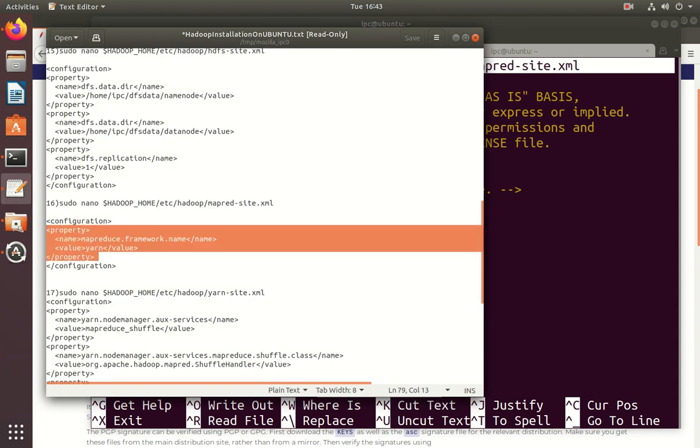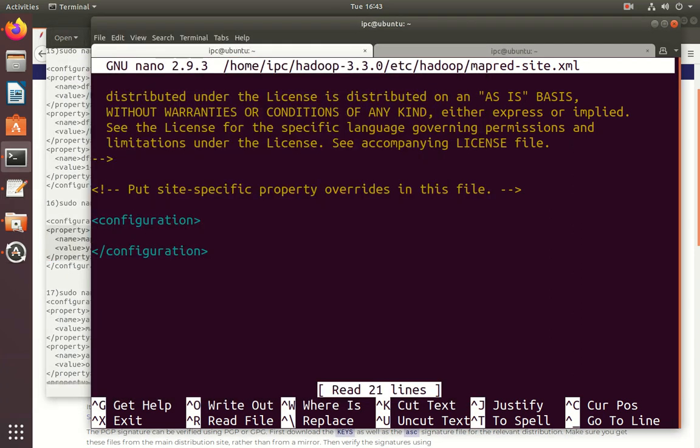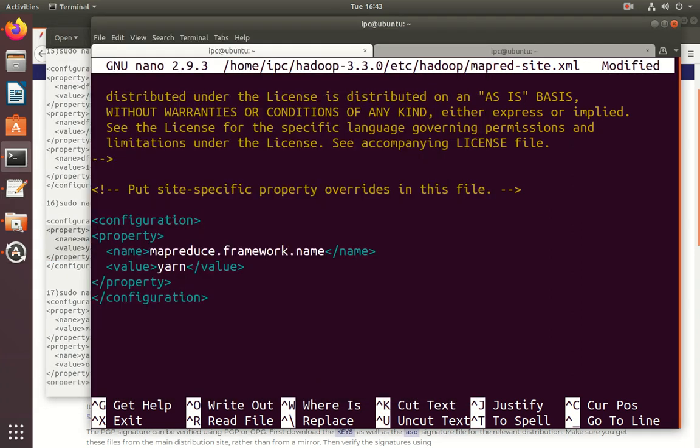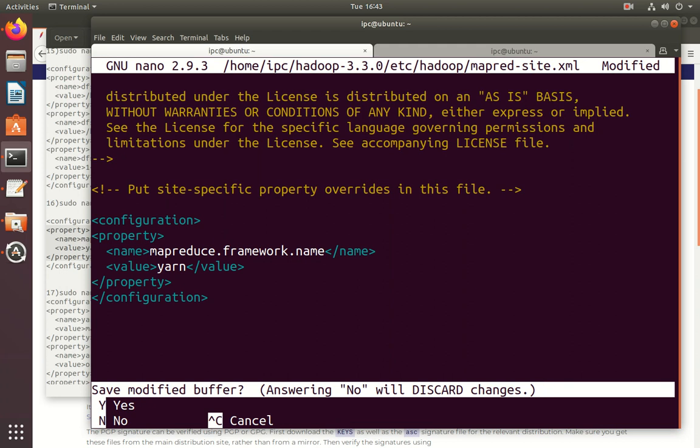Just copy this one. See, the default mapreduce framework name value is yarn. So that's it. Next, exit from this configuration file.